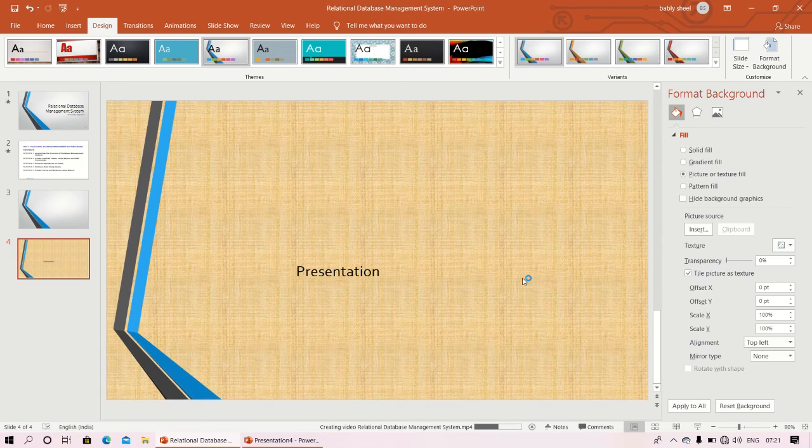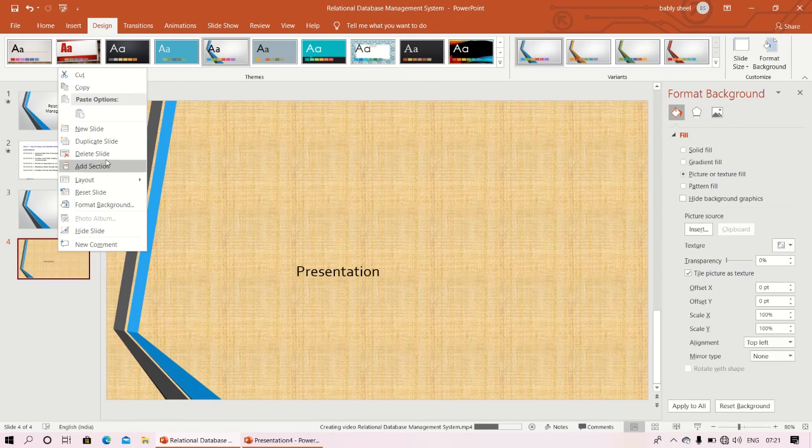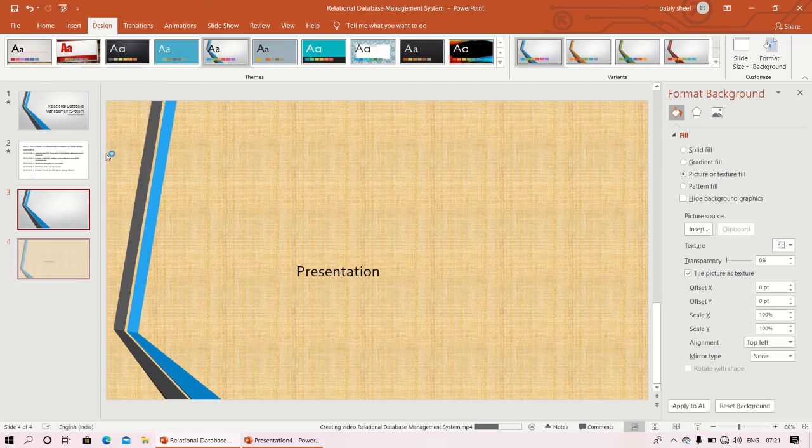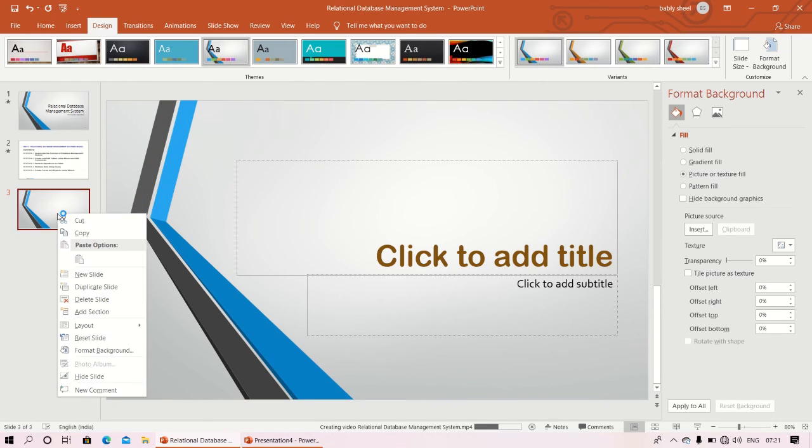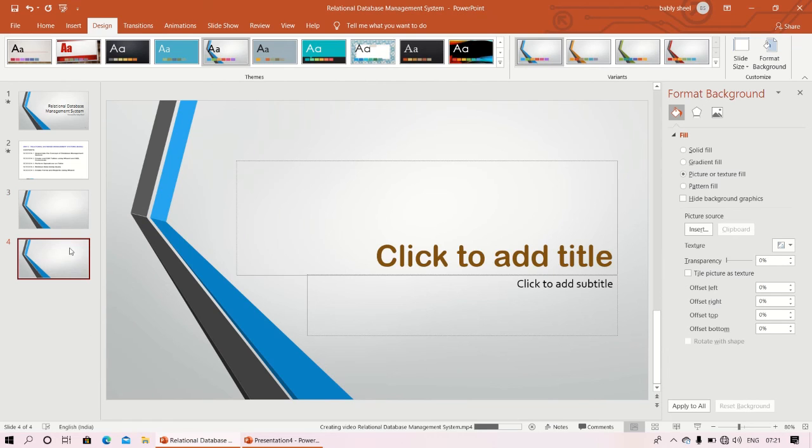Now, arrange, delete or add slide. If you want to delete the slide, just click here, right click it and you will find delete slide is available, so you can delete it. If you want this particular slide to be duplicated, then right click and click on duplicate slide. So you will find that two slides are there and you can customize it. According to that you will be able to arrange, delete and add slides.